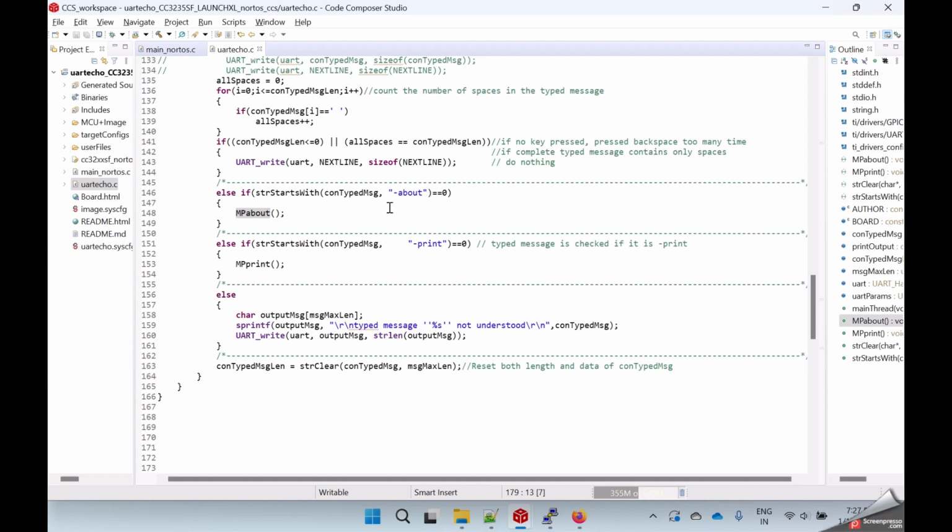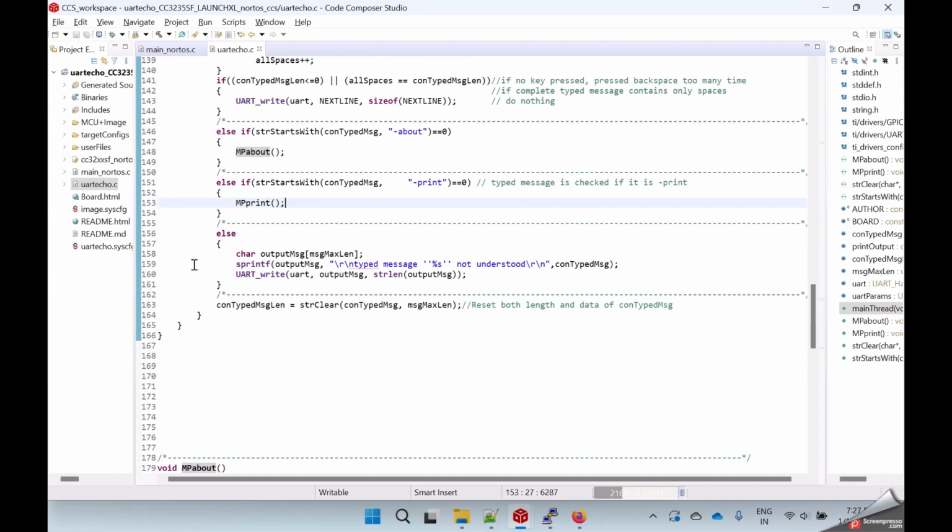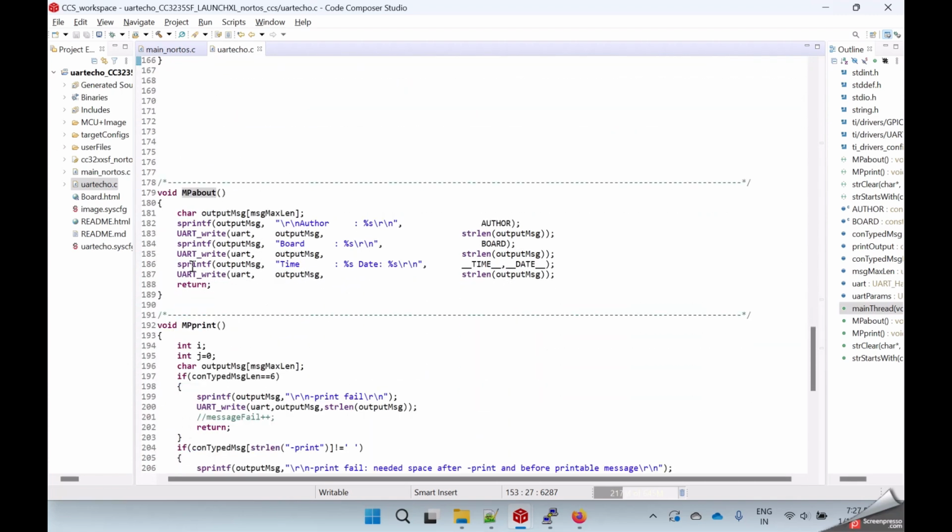Similarly, I have also added a new function called dash print. What dash print does is it takes the characters present after dash print in the console and prints them in the next line. For this I also have created a function here, which is mp print, and the mp print is here,